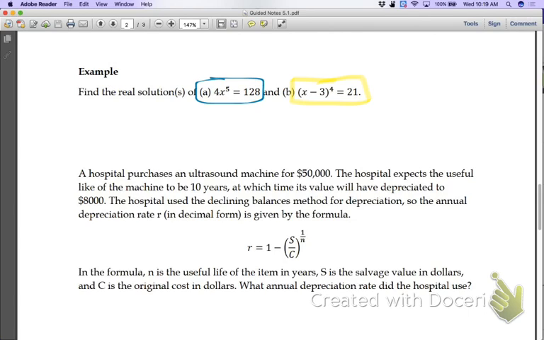So like if I had on A, if I had 4x equals 128, what would I do first? Like if I had a problem that instead of x to the fifth, it said 4x equals 128, what would you do? If I needed to solve for x, what would you do? Divide by 4. I'm going to do the same thing here, where it's 4x to the fifth equal to 128, and I'm going to divide by 4. The only difference is I'm going to have x to the fifth equal to 128 divided by 4. So